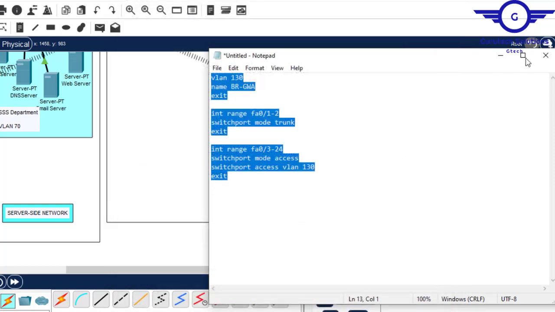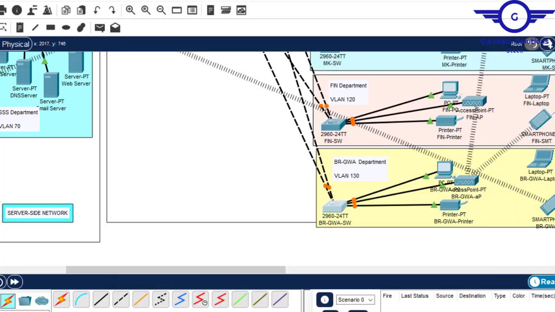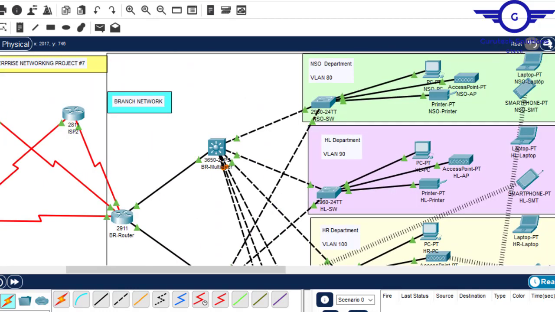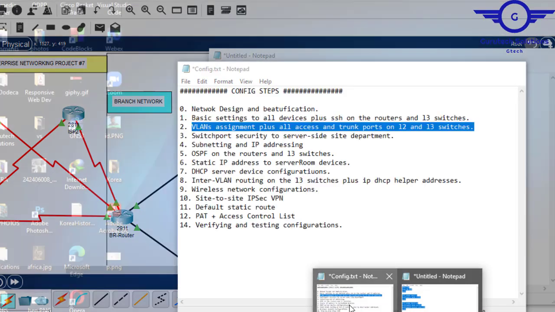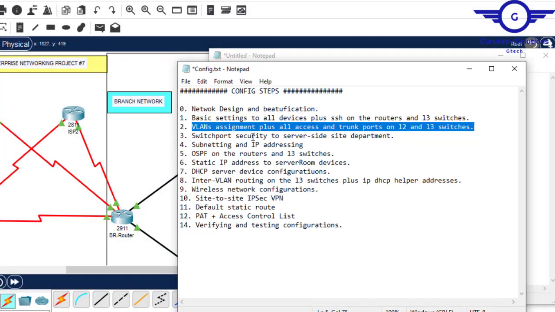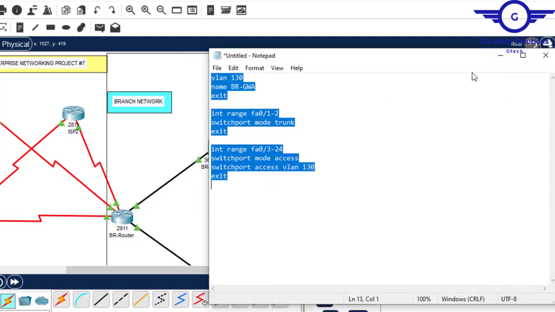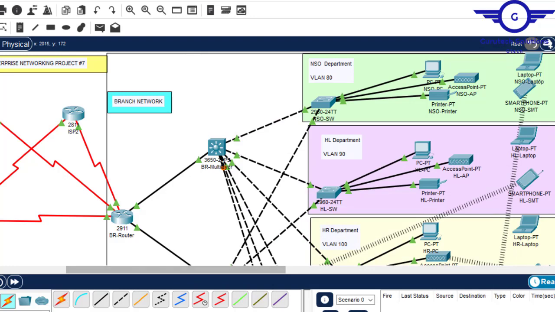Okay guys, so as you can see, we've configured VLANs on all the switches, plus assigning ports roles of access and trunk ports. And on our config steps, guys, we were directed to configure VLAN assignment plus all access and trunk ports on all the layer 2 switches and layer 3 switches. So guys, we've done the layer 2 switches, so we proceeded to